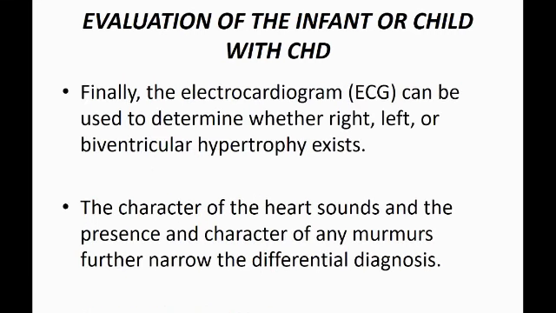Then the ECG helps us to determine whether there is right, left, or biventricular hypertrophy. The character of the heart sounds, that is the presence of a murmur, also narrows down the differential diagnosis. But a very important point is that absence of a murmur does not rule out congenital heart disease. Whenever there is no murmur and the child presents with central cyanosis, we have to consider